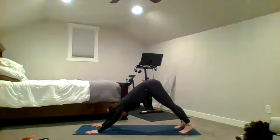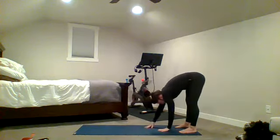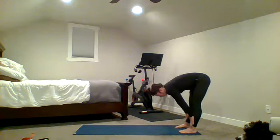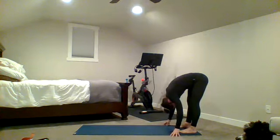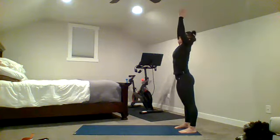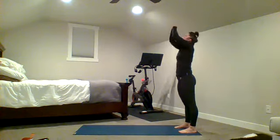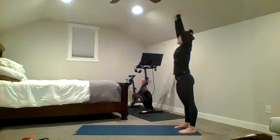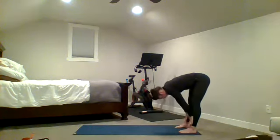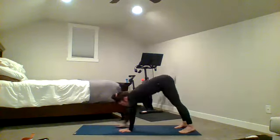From your downward dog, begin walking your hands back to your feet. Inhale, halfway lift. Exhale, forward fold. Inhale, sweep up. Exhale to heart center. Inhale, back to mountain. Exhale, sweep down. Inhale, halfway lift. On your exhale, plant both hands, walk them back out to the front of your mat, work